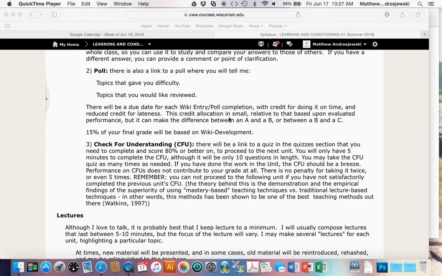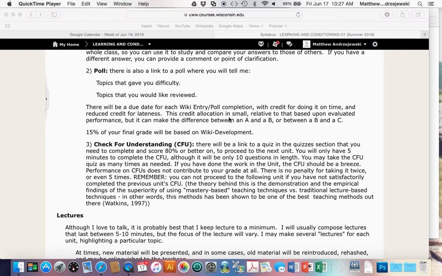You have to get 8 out of 10 of the questions right, and you only have 5 minutes to take it. It's very quick, it's very easy, but I believe this will demonstrate to me that you are ready to move on. This course is a cumulative course. We build from unit to unit to unit to unit, and if you miss a unit and you're not fluent with the material, if you're not familiar with the material that we've covered in Unit 3, Unit 4 may make no sense to you. And then you're just behind, and then you're getting into all sorts of trouble.